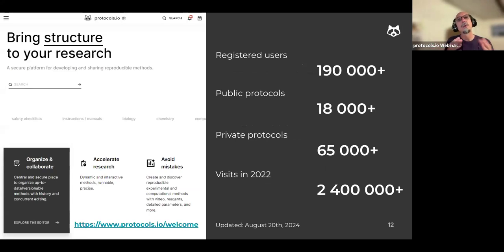As I said before, one of the features of protocols.io is its open access repository, in which there are now over 18,000 published protocols, and they are all published under a CC BY license, making them completely open access and free to read, use, and reuse. In this open access platform, it is also free to create an account and to publish protocols in the open access repository. But there are also over